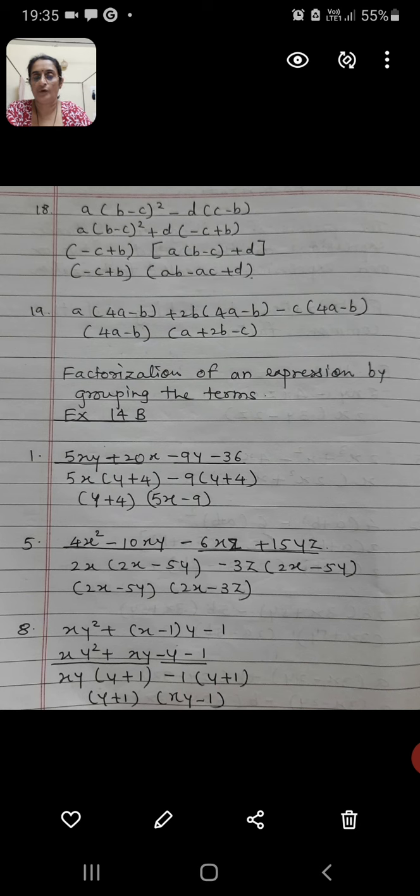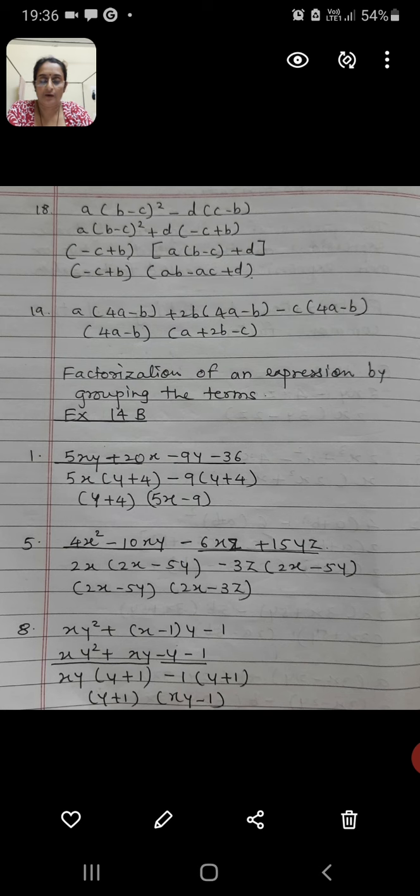Here also we are going to make groups of two terms. So 4x square minus 10xy minus 6xz plus 15yz is the given expression. We'll split it into two parts. We'll make two groups. The first group is 4x square minus 10xy. So in the numerical coefficient, what is common between 4 and 10? The HCF is 2. And in x square and xy, x is common. So we'll take it as a first factor, and the remaining term 2x minus 5y will be in the second